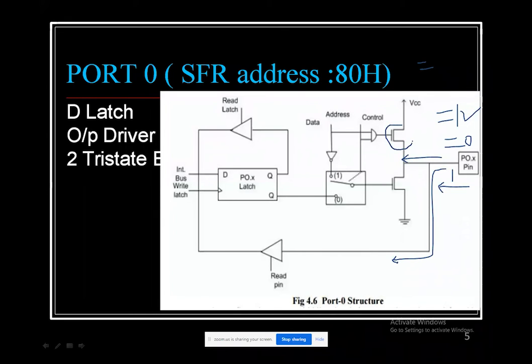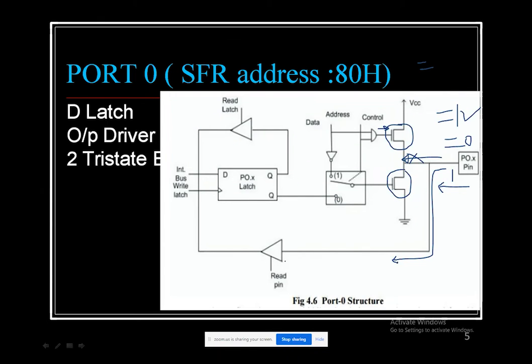But as we can see, in this configuration the two n-channel FETs are connected back to back. So this data will not enter through this particular path, because the FETs work only when the input is given to the FET. The FET will be either on or off, and accordingly we get the output at this pin. So in this way there is no possible path.